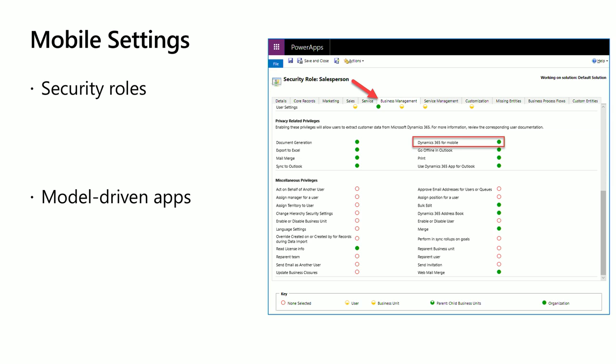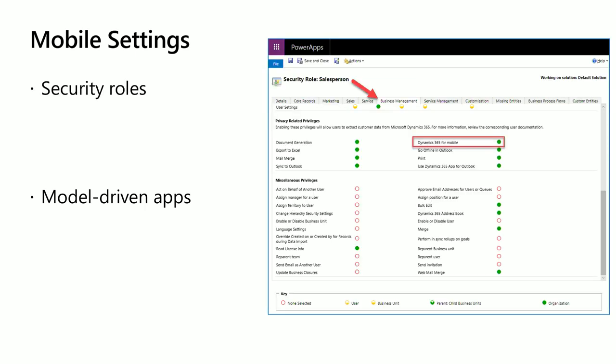Okay, so actually no, they aren't out of sequence, that was deliberate. The Dynamics 365 mobile app only now works with model-driven apps. It doesn't work with the old classic web apps. That's number one. So mobile is an important part of the Dynamics 365 story, and they're going to ask you